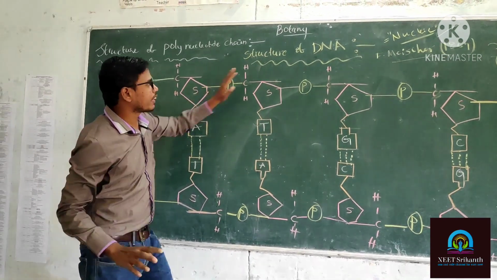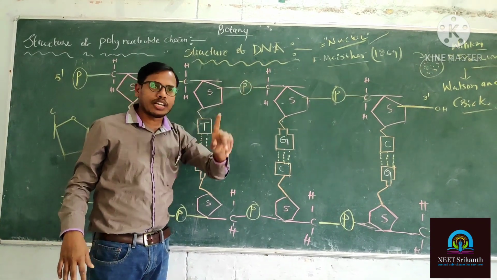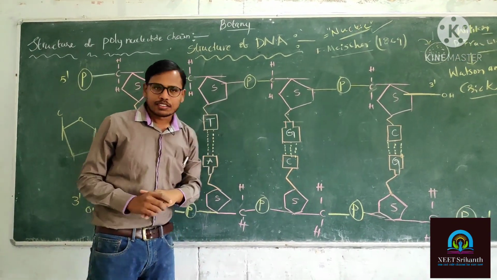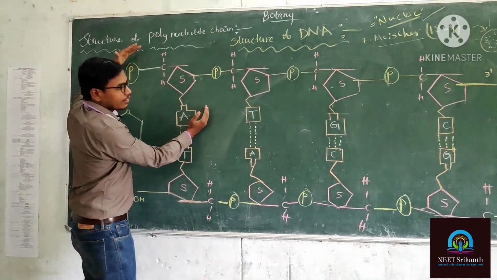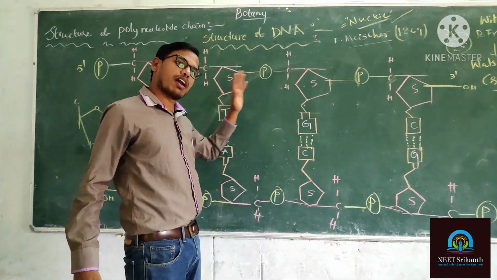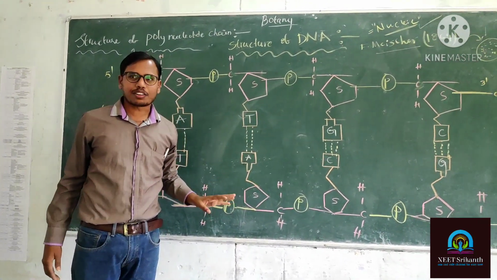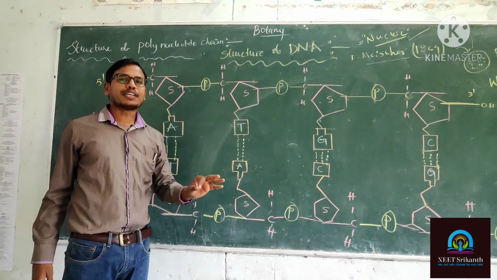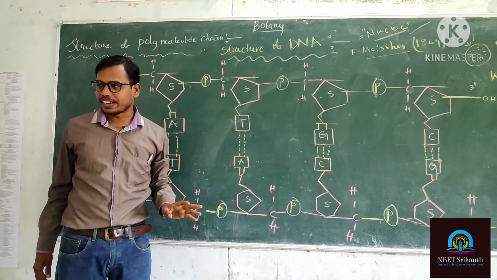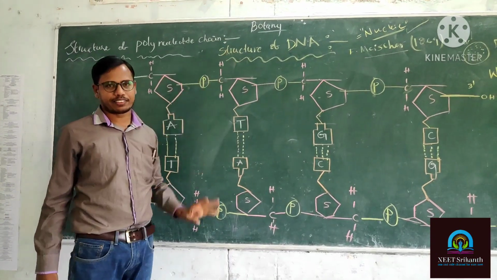You can observe the DNA or RNA also. In the DNA and RNA, only one nucleotide is there? No, sir. This is called one nucleotide. This is another one. So how many are there? Many nucleotides are present in the DNA. So that's why it is called a polynucleotide chain. A bunch of nucleotides in DNA and RNA is collectively called a polynucleotide chain.